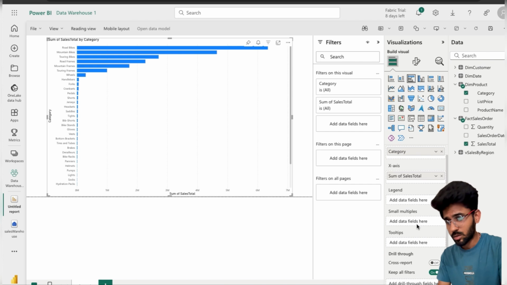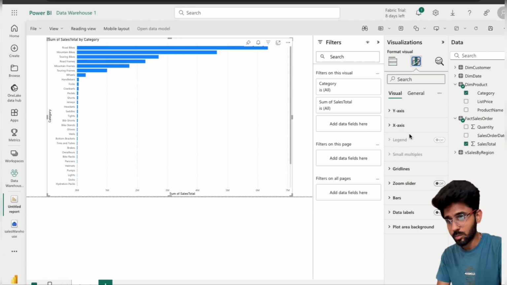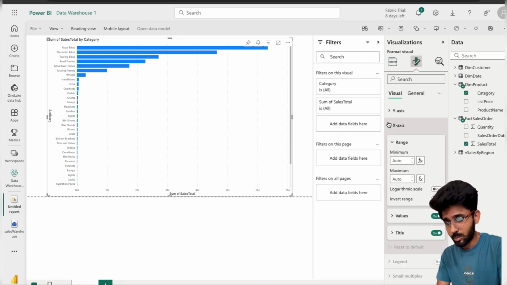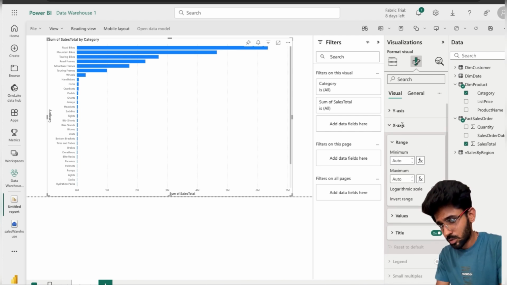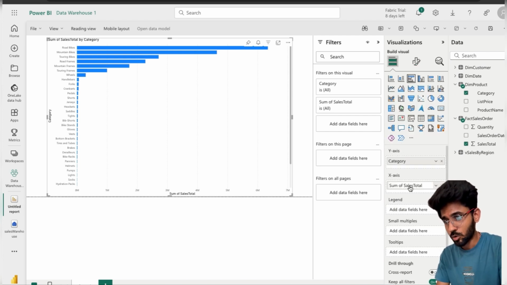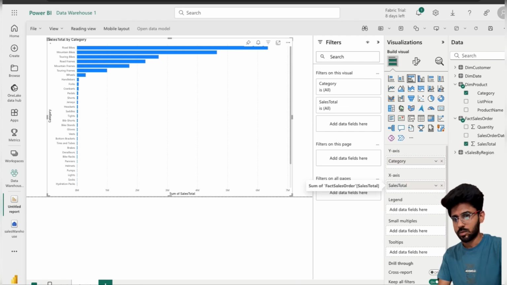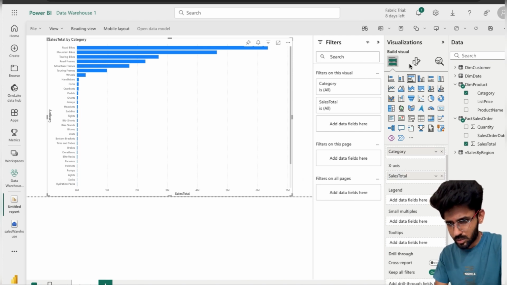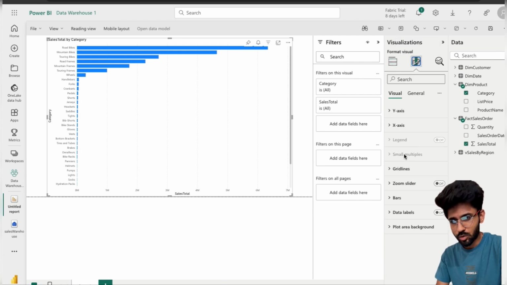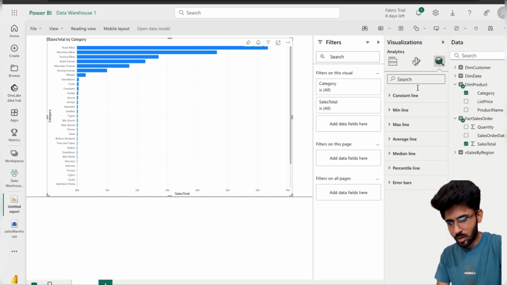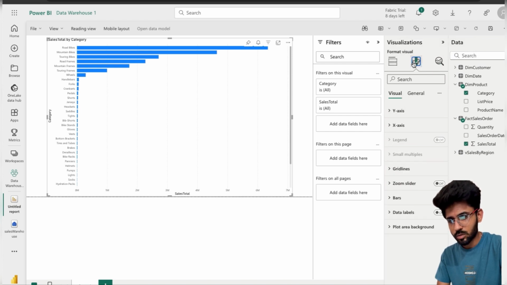So based on that, if you are familiar with Power BI, it will be much easier for you. If you are not familiar with Power BI, maybe you can do it here, and this way will also be great, right? Just making some changes, but that's all it is. This way you can create your reports, and after creating your reports, once you are done making changes to your visuals, to how you are going to present the data,